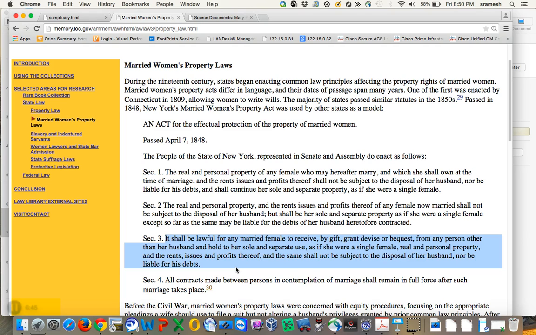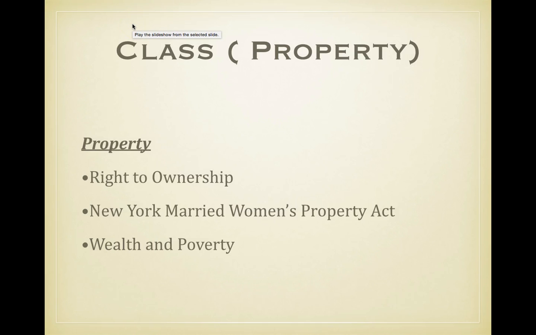It also protected the married woman from the disposal of her husband nor to the liability of his death. This law is an example of how wealth was kept at the disposal of the wealthy and was protected by government officials elected to power to enact such a law for their protection. Both of the sources we just looked at relate to the idea of poverty, which transcends all racial and gender, since an individual must first have the means necessary to attain the wealth which is being restricted in public or the property that is being protected by such a law.